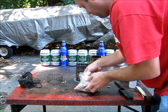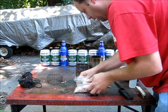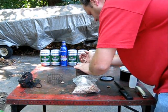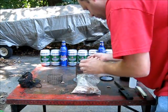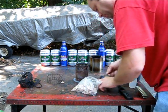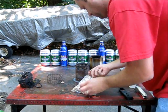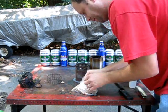See if we can keep some airflow going through the center, because what I've heard is these things tend to clog up the center hole, clog up all the airflow coming from the bottom. And that's not what we want. We want air flowing through the bottom to the top. A tube would probably be better for the circumstance of these things, because they're literally falling through there sometimes. It's pretty good staying out of there, but...